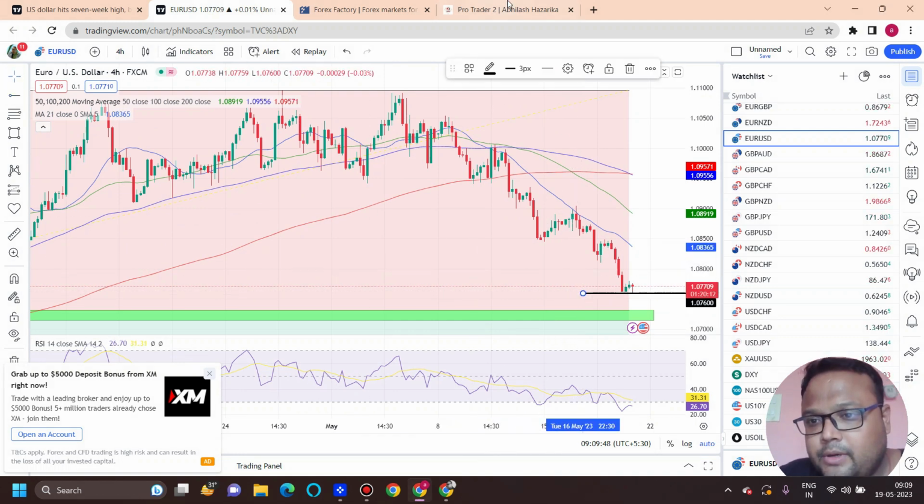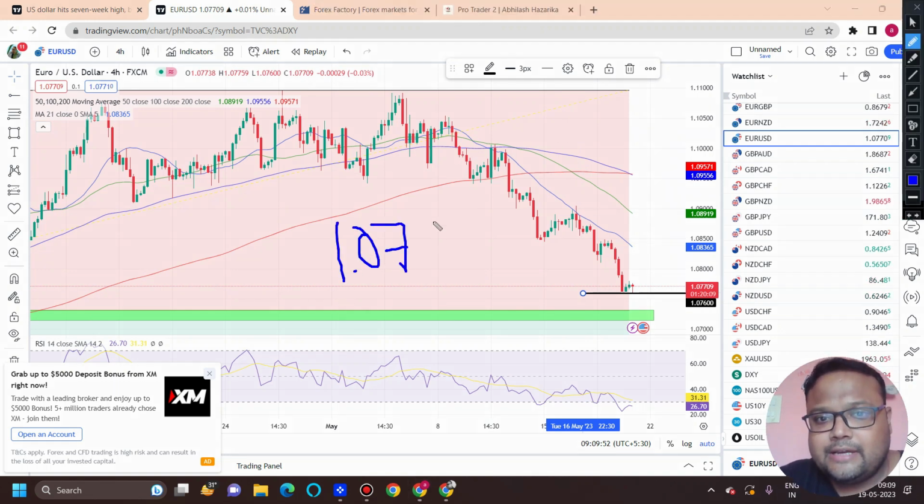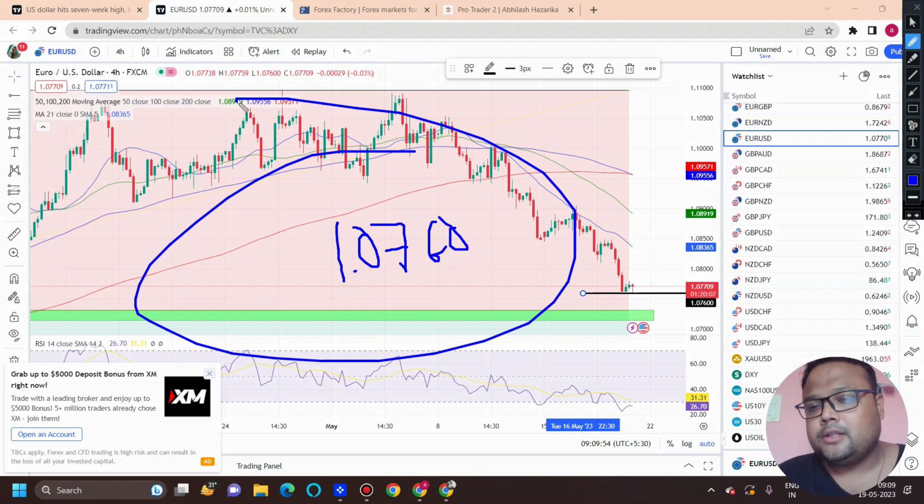level of 1.0760. You can also take a sell position below this level. If you see that market does not have the strength to go up, to hit the moving average and come down, you can take a sell, and do not expect a huge profit unlike the other pairs, because we have immediate support around